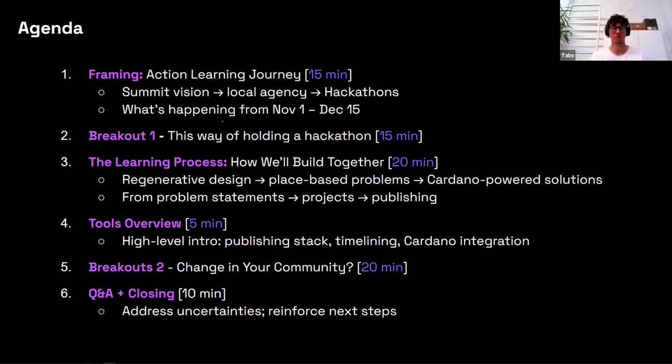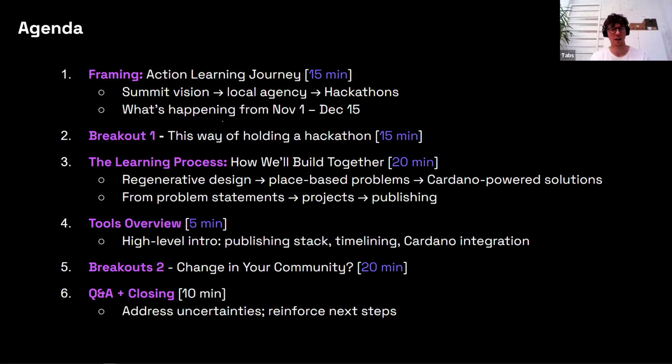Then when we come back from the breakout rooms, we will have a few minutes to ask for some contributions, if anything came up from your groups that you'd like to share. And then we will pass over to Delphi, who will explain the learning process. We've touched on this a little bit in the taster calls, but now we'll be going a level deeper and going into detail about each phase and how it's structured.